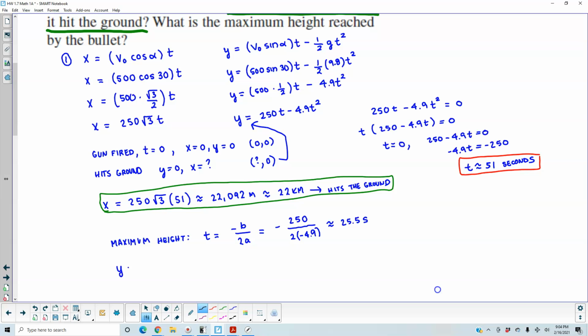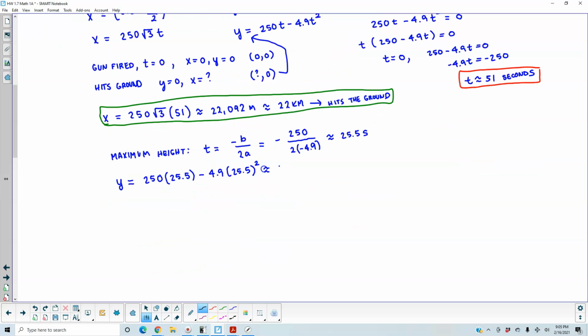So y is going to equal 250 times the value of t, which is 25.5, minus 4.9 times 25.5 squared. So that is approximately